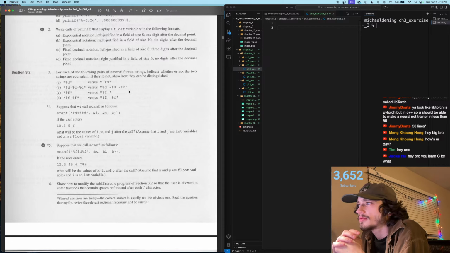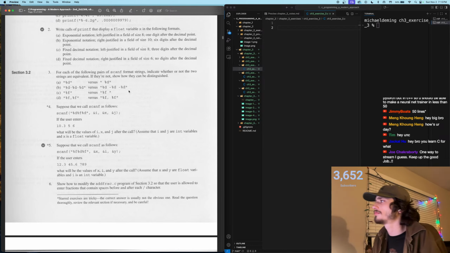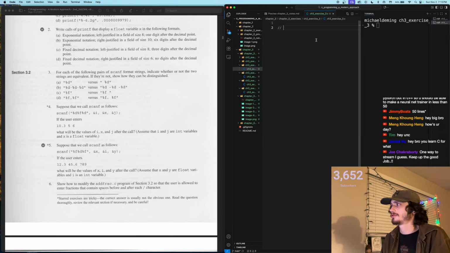If they're not, show how they can be distinguished. For each of the following pairs of scanf format strings, indicate whether or not the two strings are equivalent. If they're not equivalent, show how they can be distinguished. Okay. So let's do